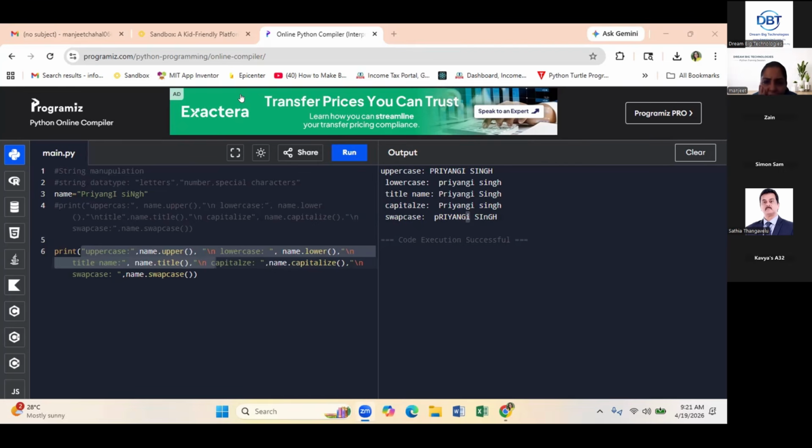Yes, Shashvi, are you there? Ashwini, are you audible? Am I audible to you? After the session, I will talk with her, Manjit, once. She is messaging in the chat.